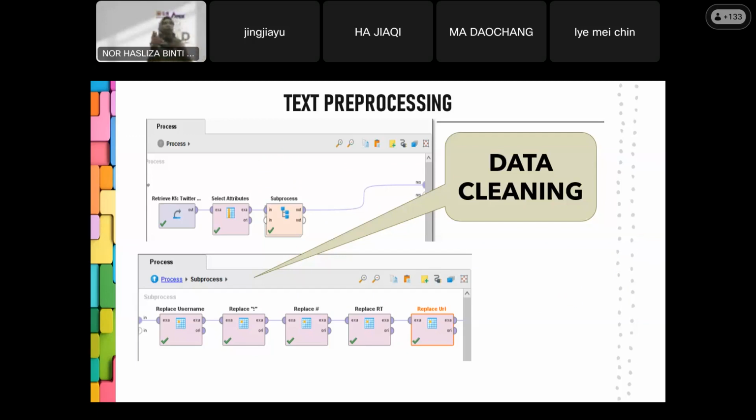Or if you want to remove here and there, it's just calling this operator. In RapidMiner, we call it operator, a function to do the programming part. We will do it, but just get a brief idea.